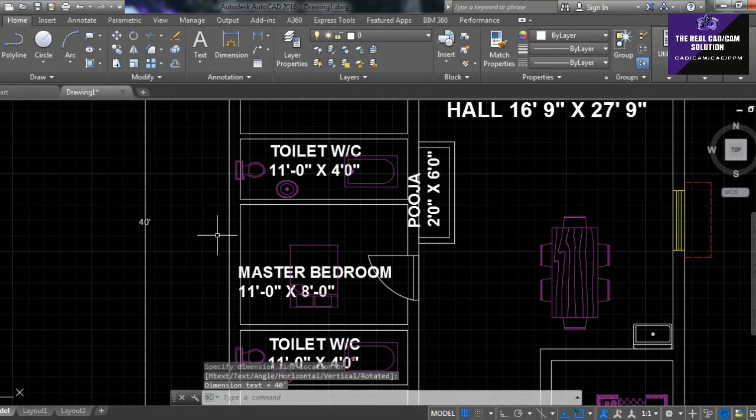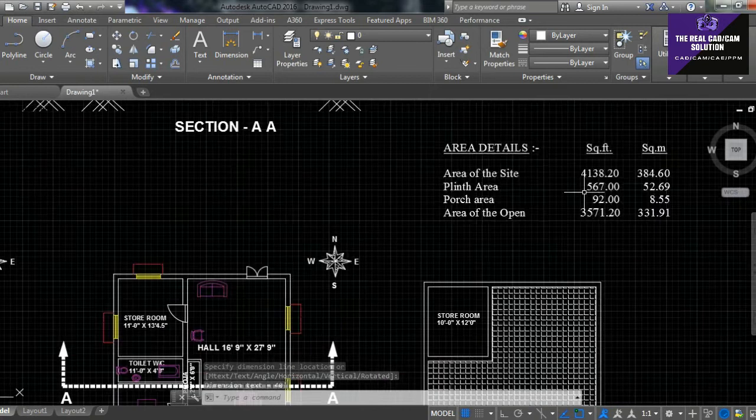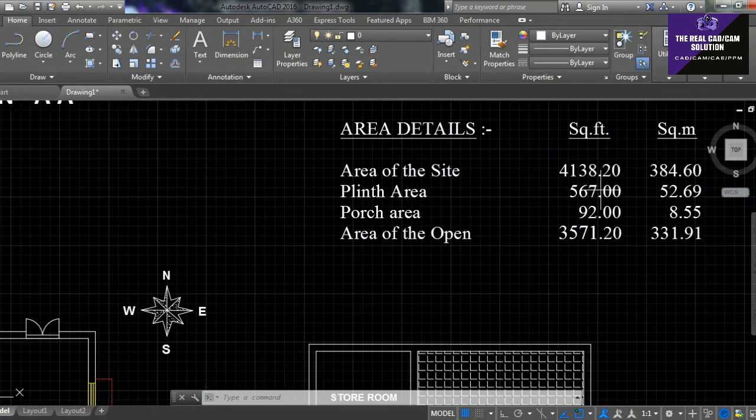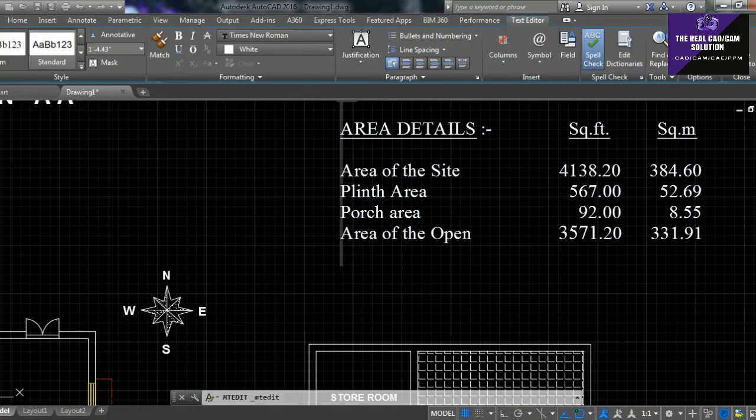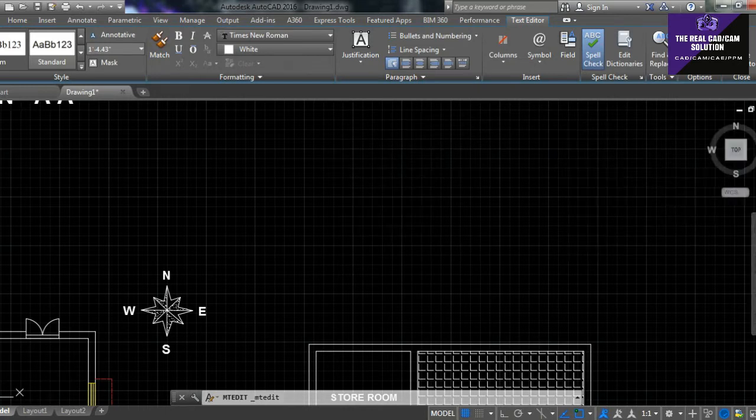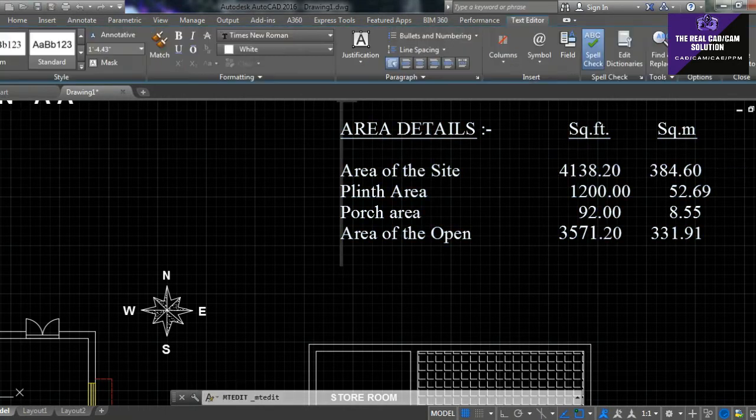So my plinth area is 1200 square feet. And my land area is 1600 square feet. That land area is the area of site in square feet.